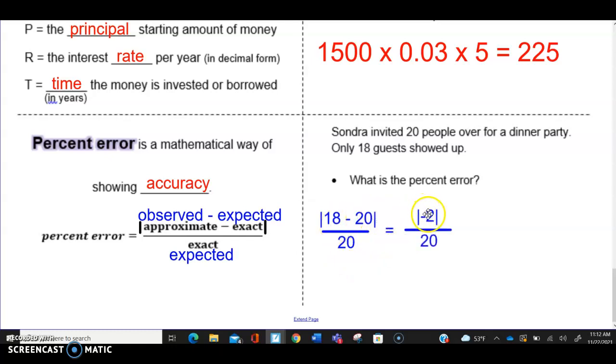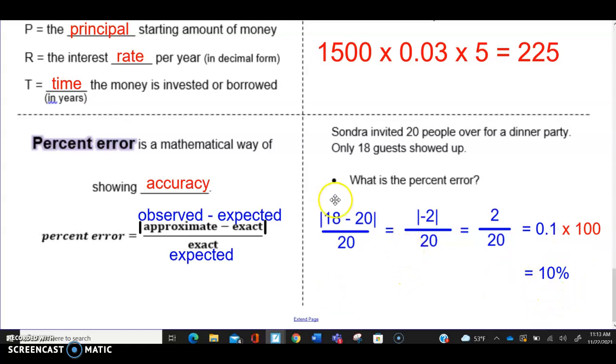So 18 minus 20 is -2, divided by 20. But again, the absolute value of -2 would be a +2. So 2 divided by 20, which is 0.1. Again, if we want percent error, we have to change our decimal to a percent by multiplying by 100. Times 100 would swoop our decimal 2 places, so we would have a